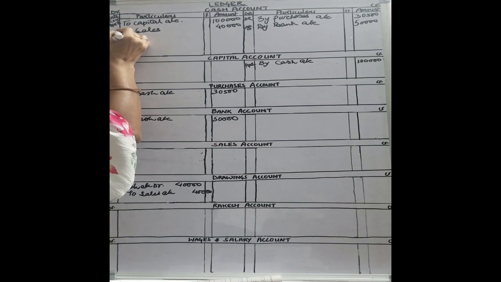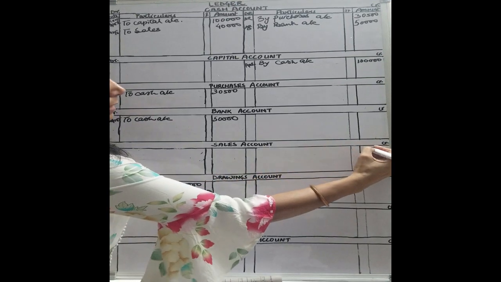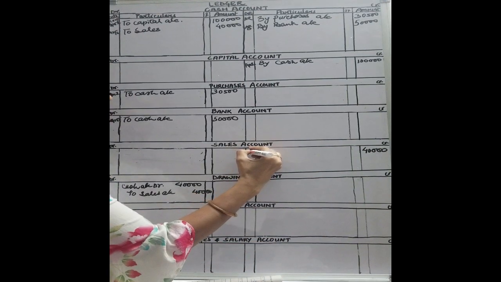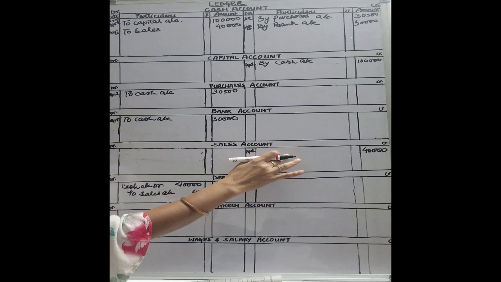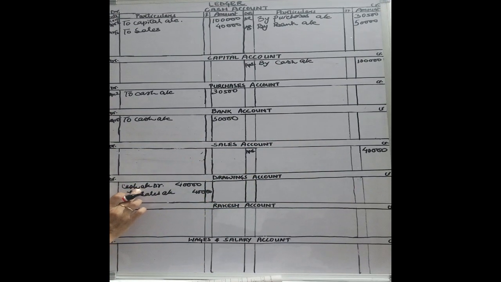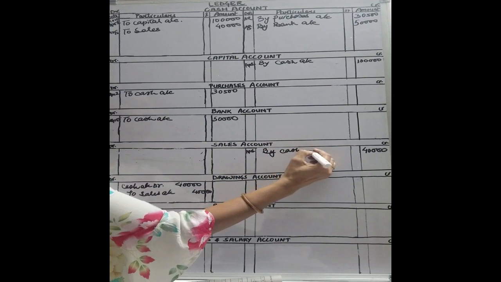On April 16, right? Now the other account is sales account. And sales account is credited here. So we have to credit the sales account by simply writing the amount on the credit side of the account, right? On April 16 date. Now in the particulars column, we have to write the reason, and the reason behind crediting the sales account is cash account, the other account on the opposite side. So the other account on the opposite side here is cash account. So we'll write the reason like by cash account.